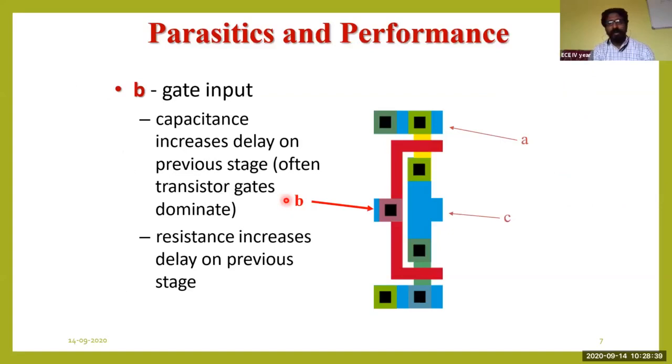The second kind of parameters here are the parasitics, which take place at the input part. At the gate input, the capacitance increases. This capacitance formed here will increase the delay. You must look into this capacitance. Only a very small amount of capacitance should be formed, or it is much better if you take care to not let that capacitance form at all.